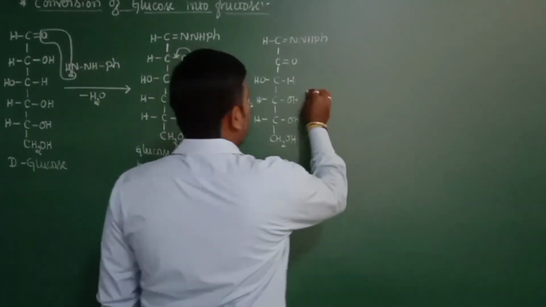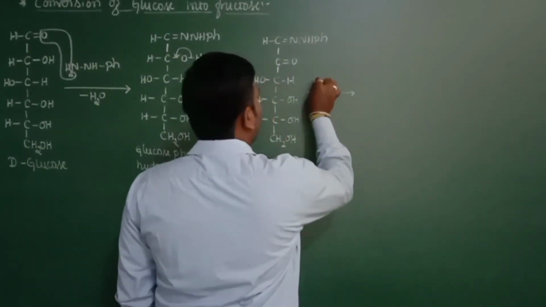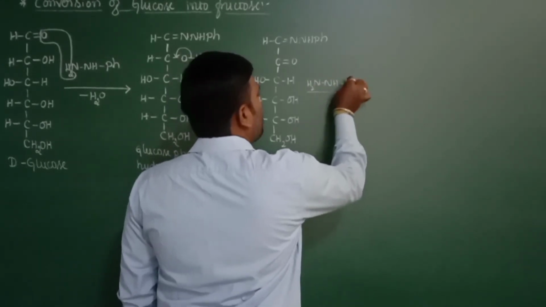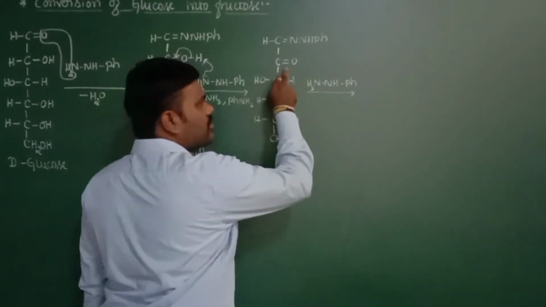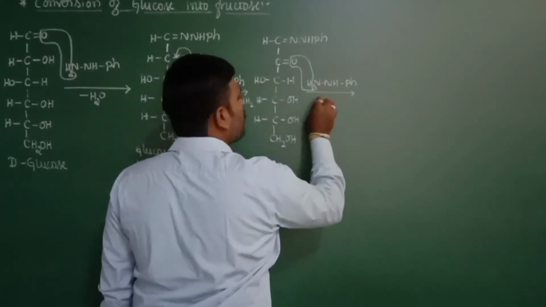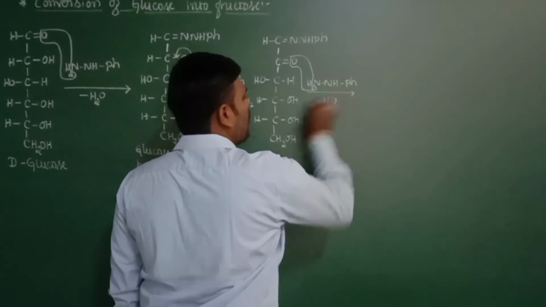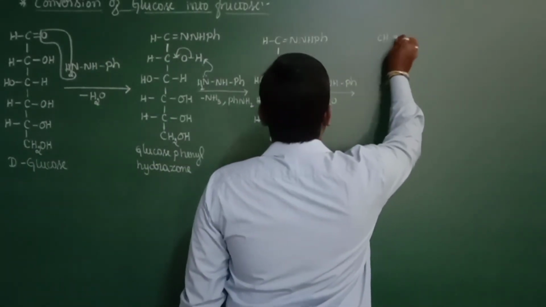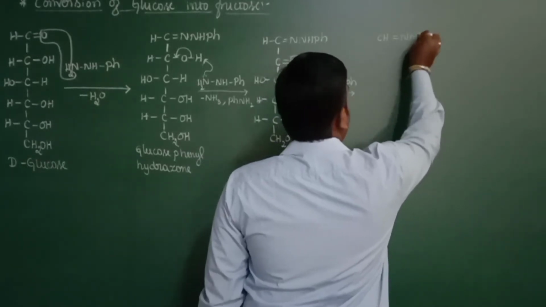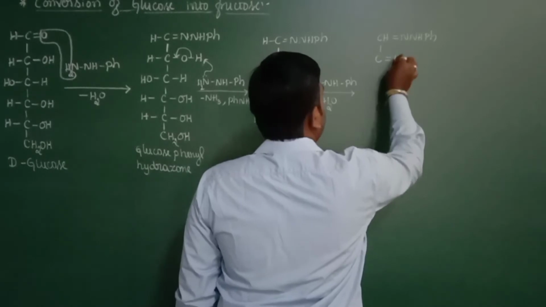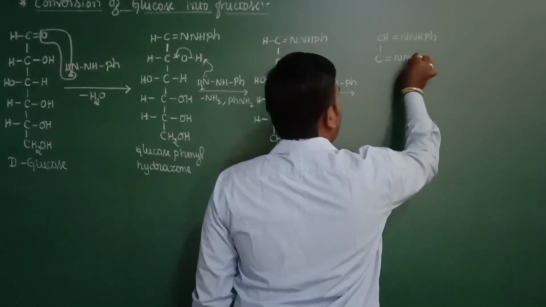So once again, the molecule will interact with NH2NHPh, because we are having doubly bonded oxygen once again. So this oxygen will get combined with the hydrogen, and that results in the elimination of H2O. So we are going to get CH double bond N, NHPh, and once again C double bond N, NHPh,